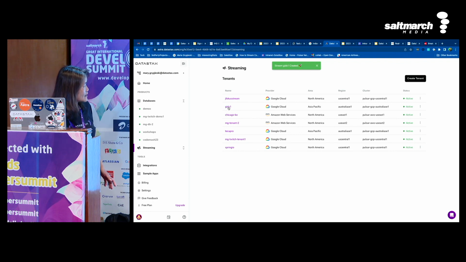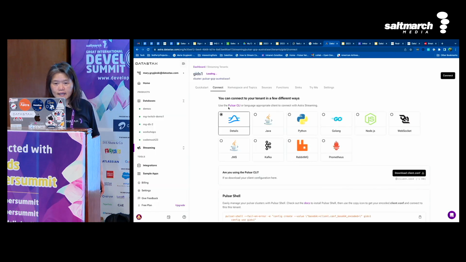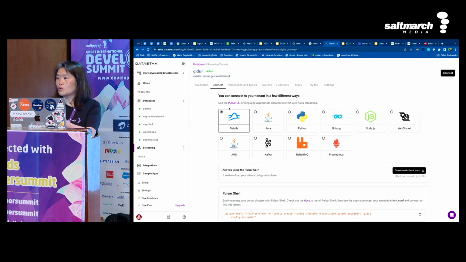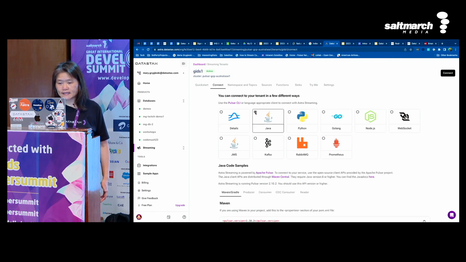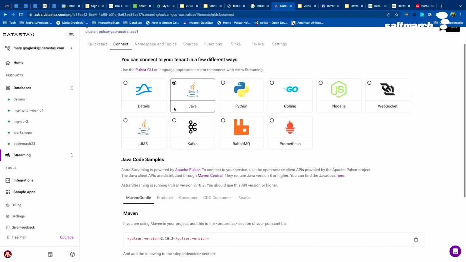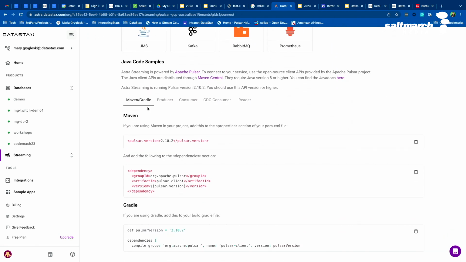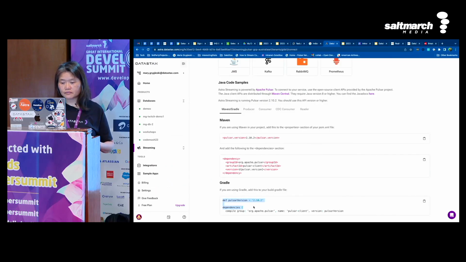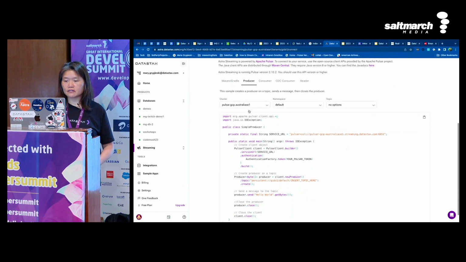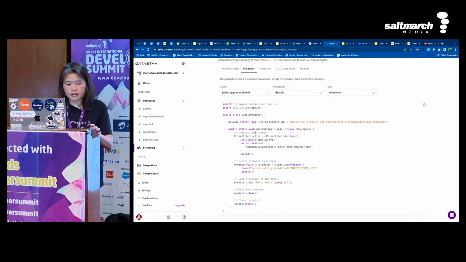Gits1 is up here, and then you can click on gits1. This is a very nice feature that I want to share with you, because you'll want to go back right away and try things out. Immediately, you can create a managed stream on our Astra streaming. Let's say we're Java people, so we want to take a look at the code example. It gives you an example of how to use Maven, what definitions to use, and how to connect using Gradle, all there. And then how do you write a producer? You can just go into here, and it's very simple too. If you're a producer and you want to connect, all you need to do is set up your client builder.